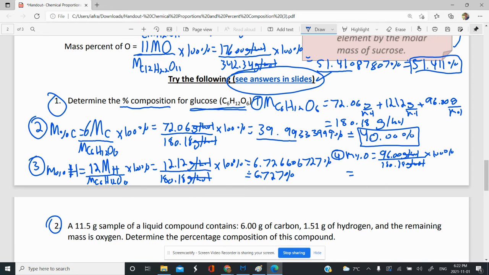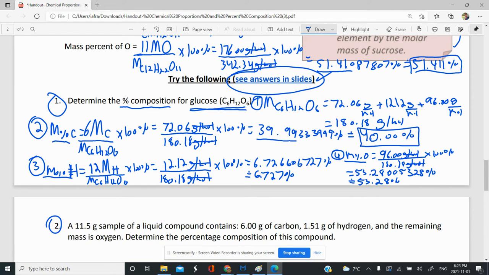So we have 96 divided by 180.18 times 100. And we get 53.005328%, or approximately to 4 sig figs, 53.28%. And that's my mass percent of oxygen, mass percent of hydrogen, mass percent of carbon, which make up the